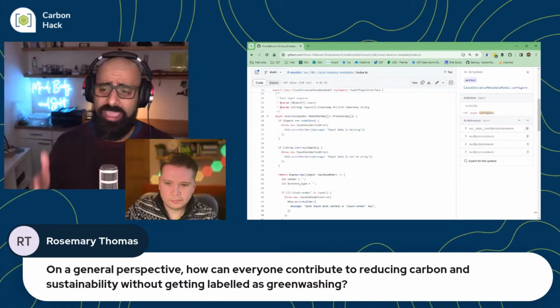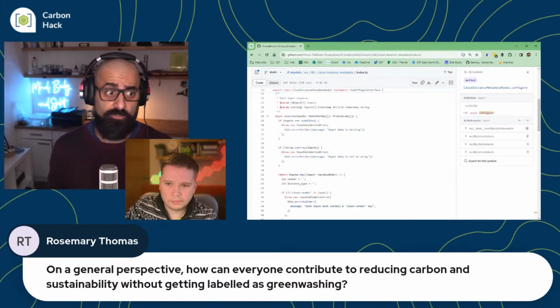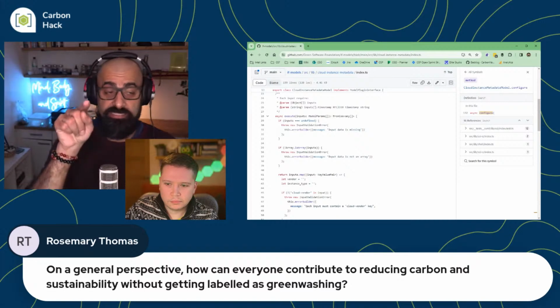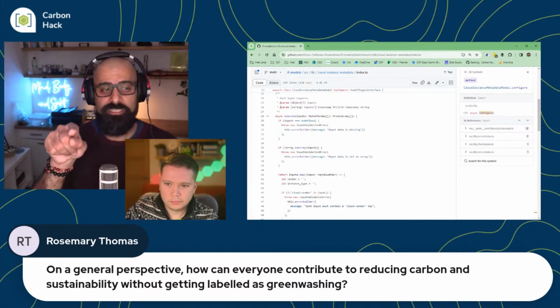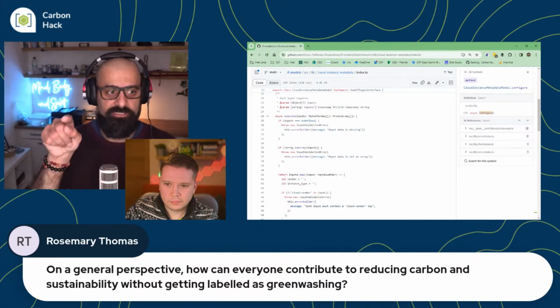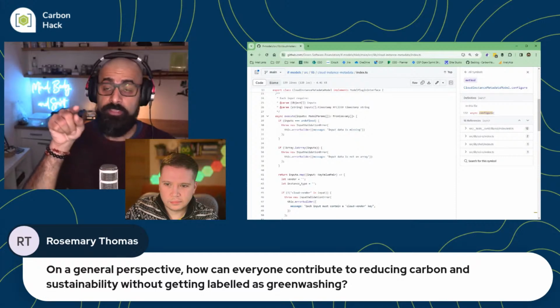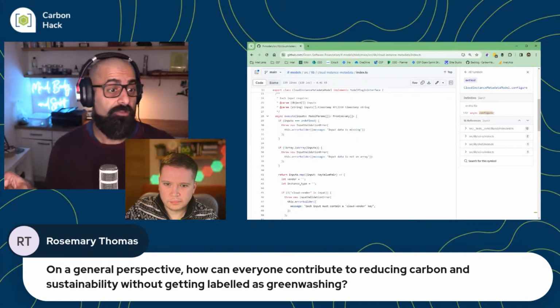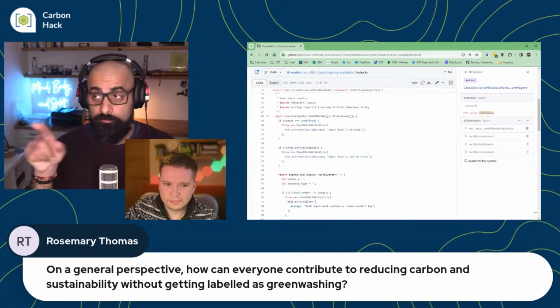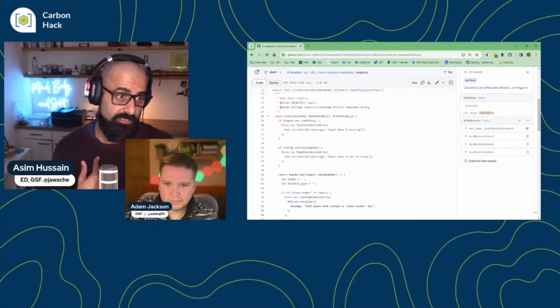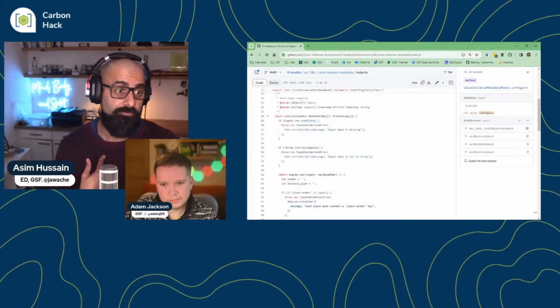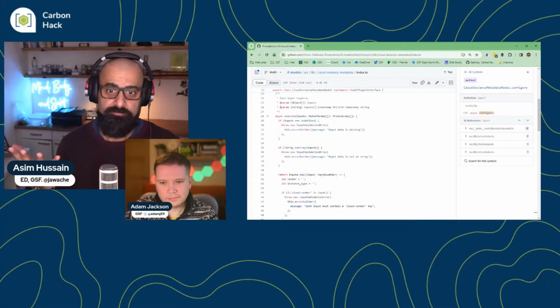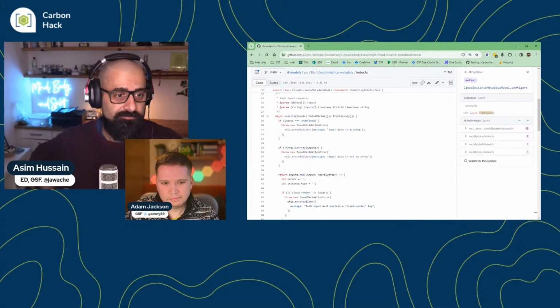I want a future where every single software product in this world, whenever it gets released, you can click a link and see its manifest file, and you'll see how that organization has decided to calculate the software. You can see if you agree with it, and you can see, actually my organization calculates it a little bit differently, and I'm going to adjust these values so it meets my organization's preferences. So that's my answer to that question.